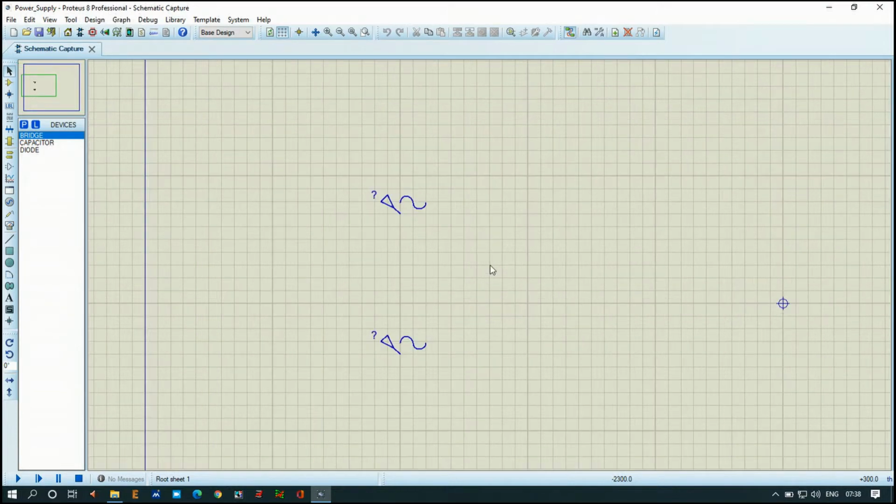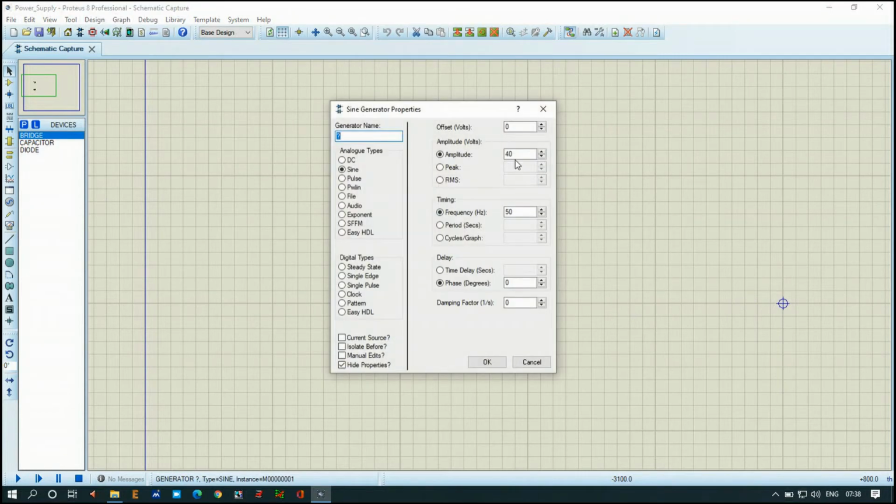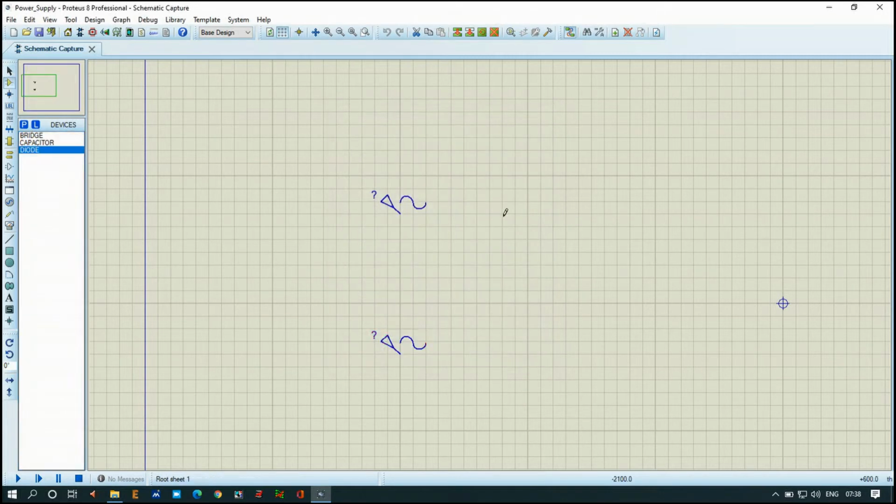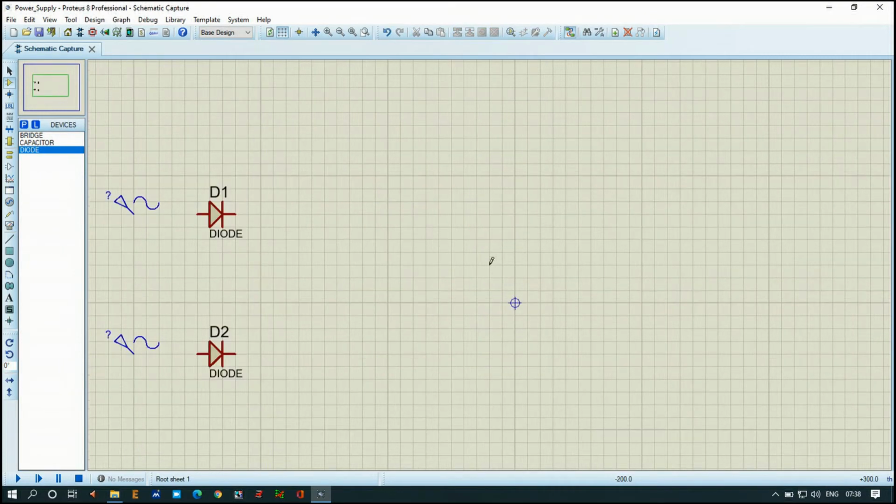So we have generated plus 40 volt amplitude with 50 hertz of frequency, and here the minus 40 volts and then 50 hertz frequency. So we will add a diode in front of it just to cross check the output. To this diode we will connect plus 40 volts here, we will connect minus 40 volt AC, and we will merge these two so we can get only positive half cycles at the